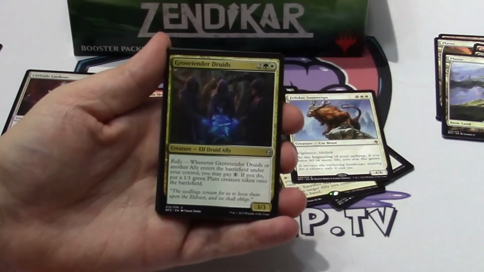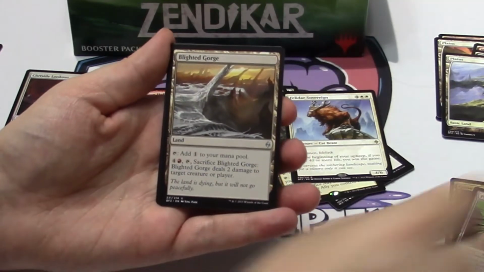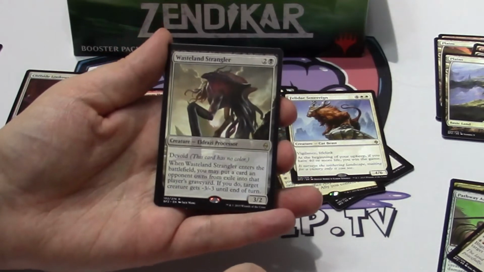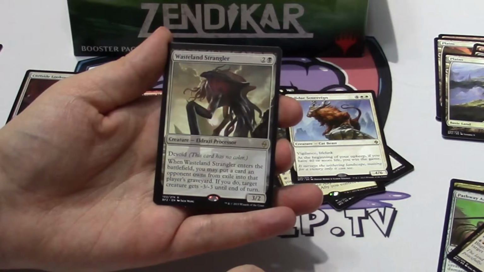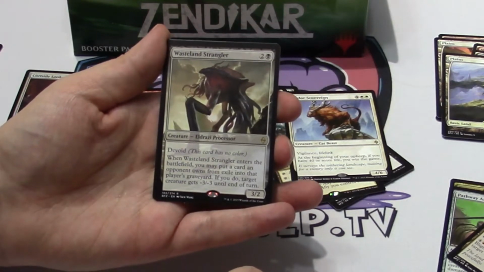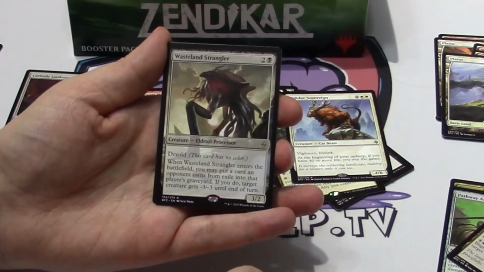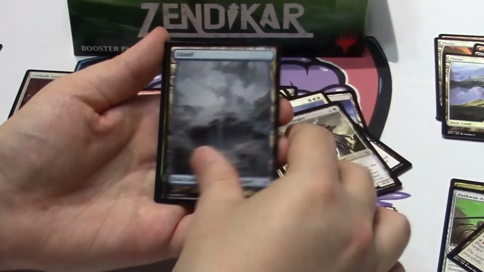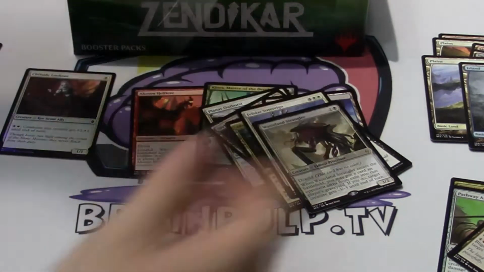Okay, our first uncommon is Grove Tender Druids, Pathway Arrows, Blighted Gorge, and Wasteland Strangler, which is a 3-drop Eldrazi Processor creature. It's 3/2, it has Devoid, which means this card has no color. When Wasteland Strangler enters the battlefield, you may put a card an opponent owns from exile into that player's graveyard. If you do, target creature gets -3/-3 until the end of turn. Island and plant. Plant. Okay, I'm not sure where that token is spawned from, but...